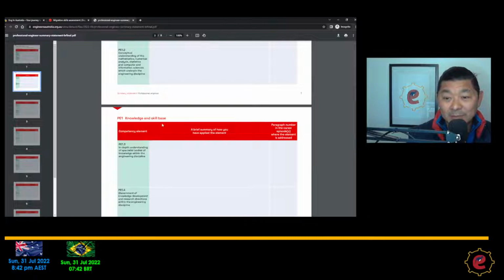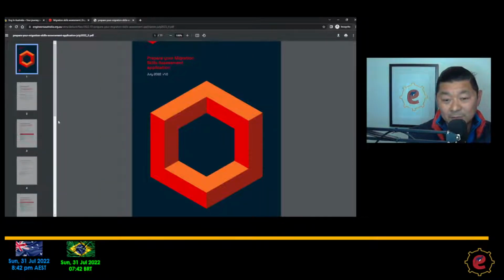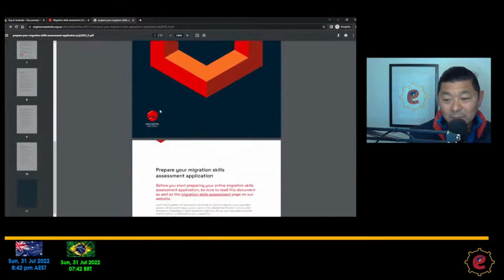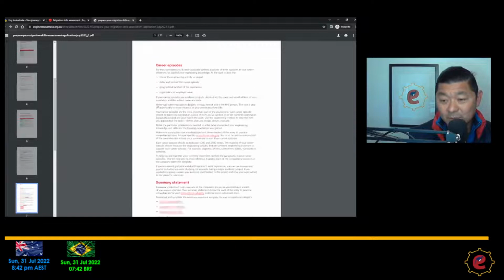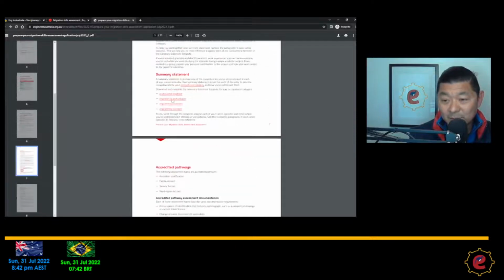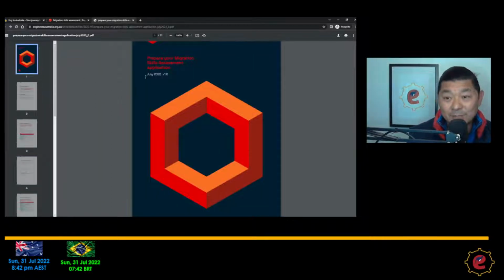So if you go back and click on the engineering technologist, you see that you also get your summary statement for the engineering technologist, which is another 8 pages. So that's why the booklet itself has just 11 pages.